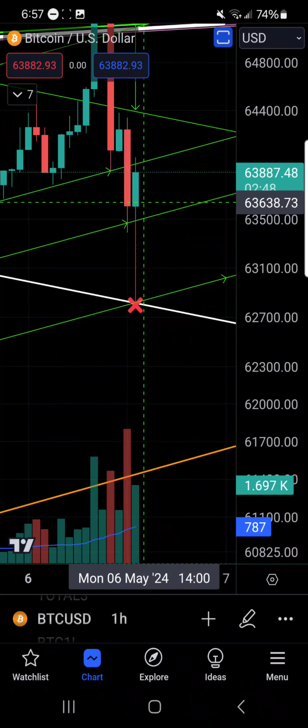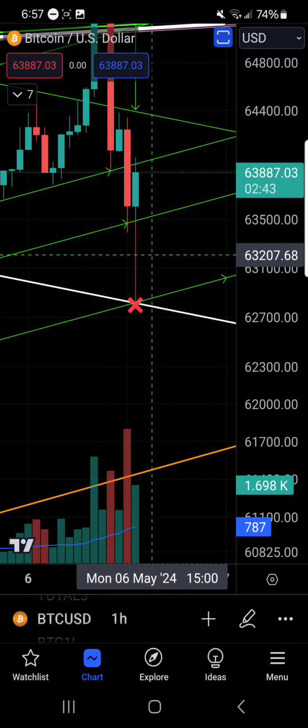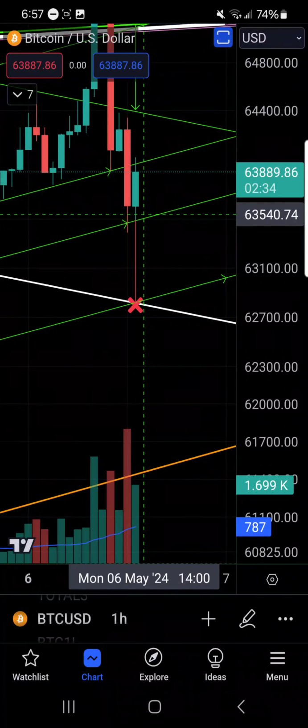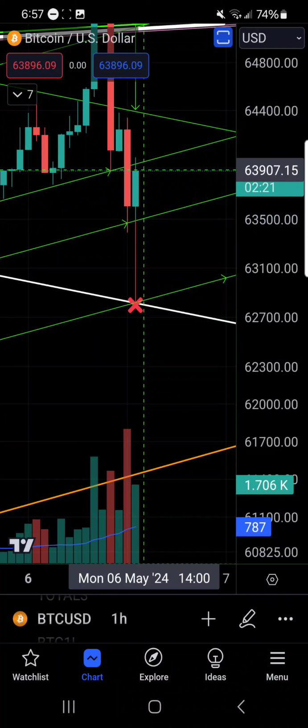And when I saw us consolidating around here, I had buy orders in down here for Bitcoin. And I did the math. I'm like, it's a freaking half percentage. It's a half percentage. I'm not waiting for those orders to get filled. And there's a good chance that this is the bottom right here. And so I just bought.